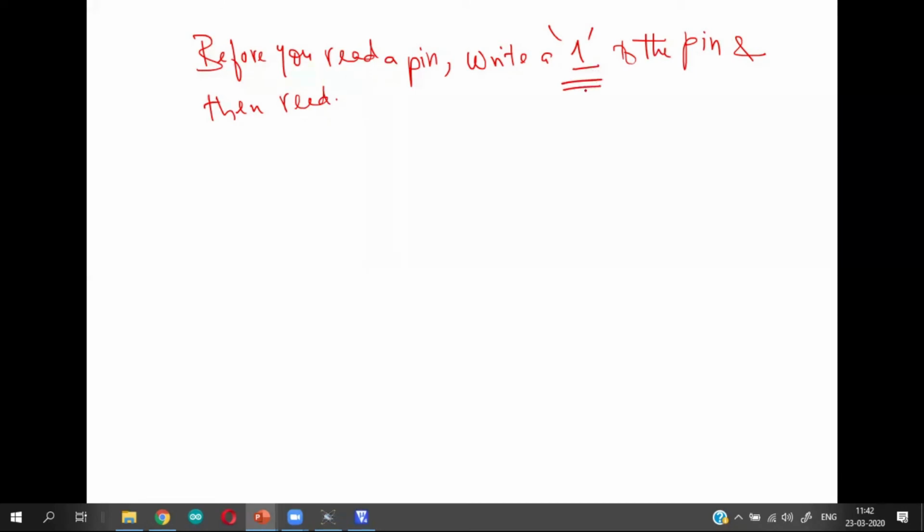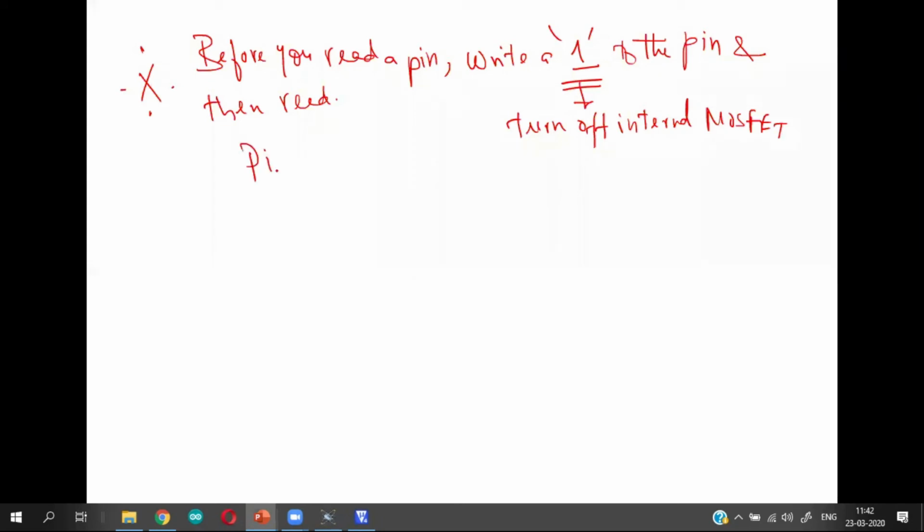Writing a 1 is used for what? To turn off the internal MOSFET. Okay, so this is very much essential.